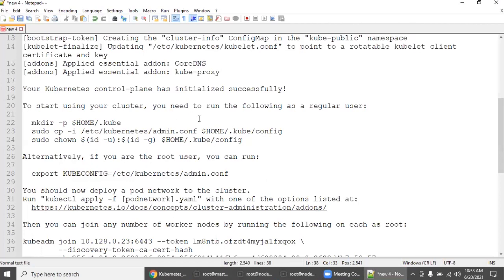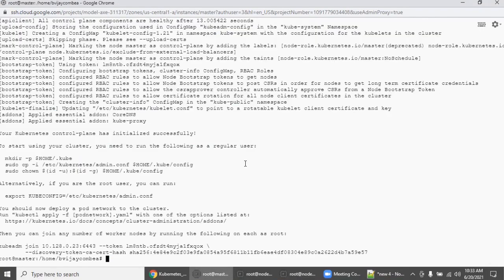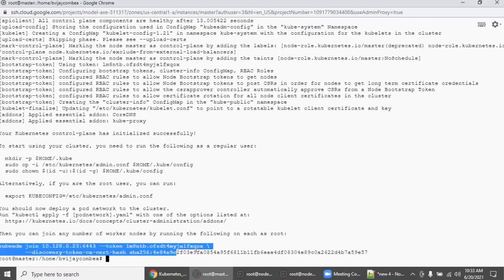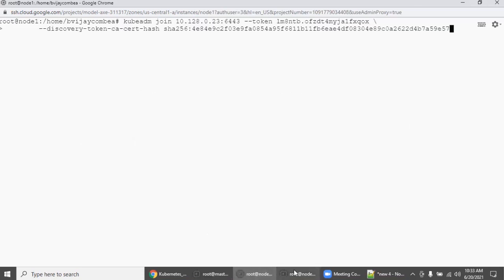This is very important. From this output, there are a couple of things you need to understand. One is there is a kubeadm join command. This command you need to execute from all worker nodes. Let's copy this, but don't enter. Paste, don't enter. I'll tell you why.